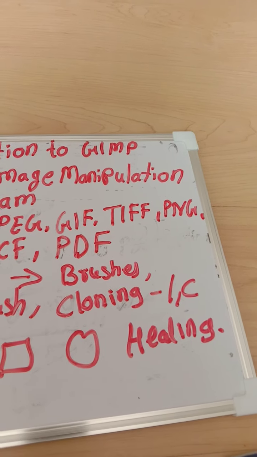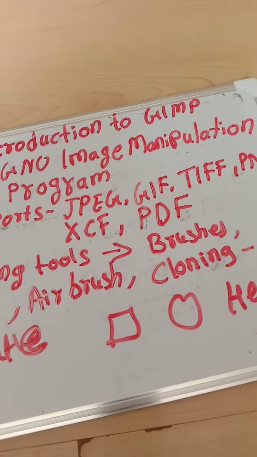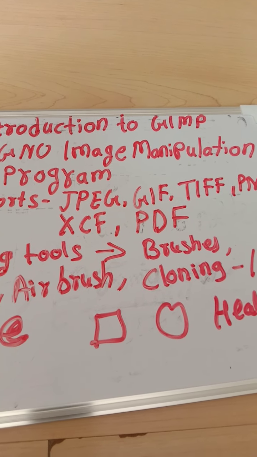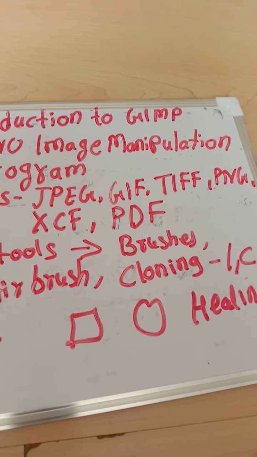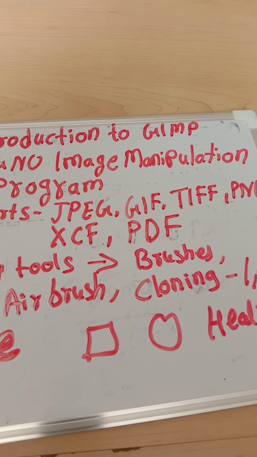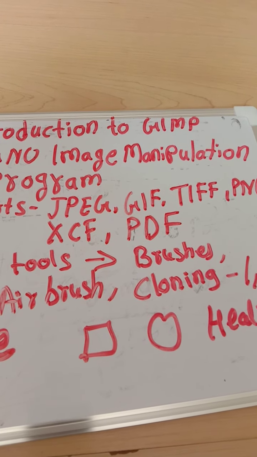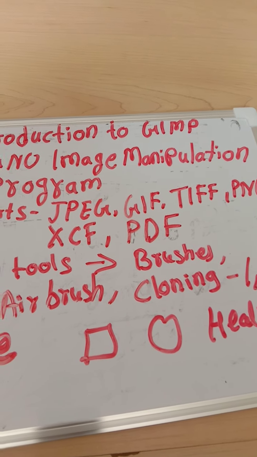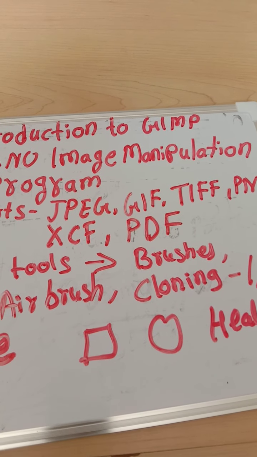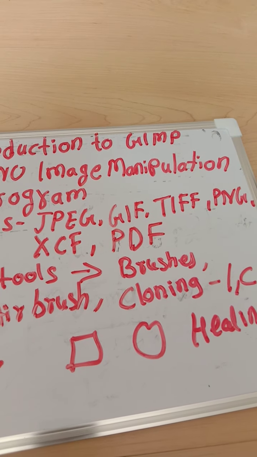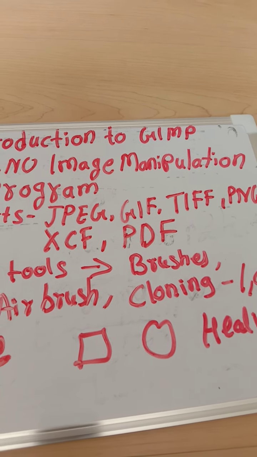It allows unlimited undo and redo. You can do undo and redo unlimited times. In Microsoft Word, you can undo up to 16 times, redo up to 16 times. But GIMP allows you to do redo and undo unlimited times. It has two user interfaces, single window mode and multi-window mode. In single window mode, only one picture is there and you can manipulate that. Multi-window mode meaning there are many pictures and simultaneously you are manipulating all the pictures.